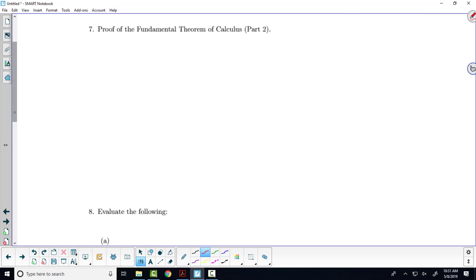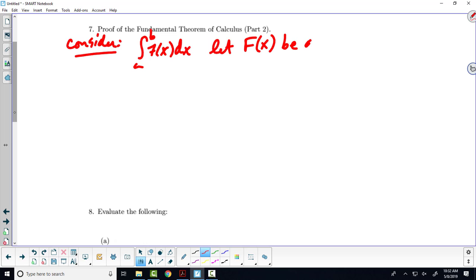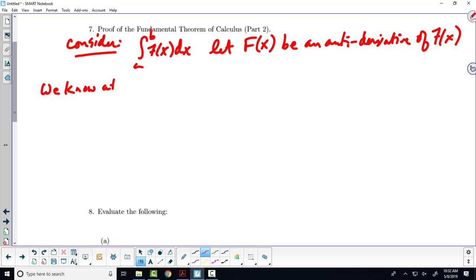Okay. So consider the integral from a to b of f of x dx. So this is, I think it's on page 2. The integral from a to b of f of x dx. Okay, let's let capital F of x be an antiderivative of little f. We know at least one exists. At least one exists